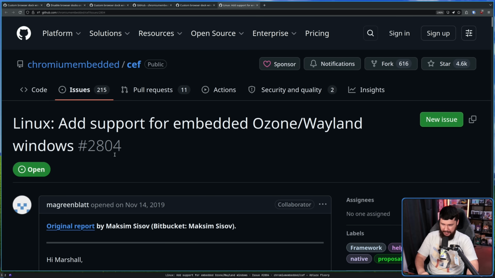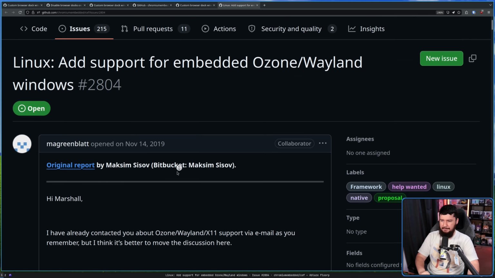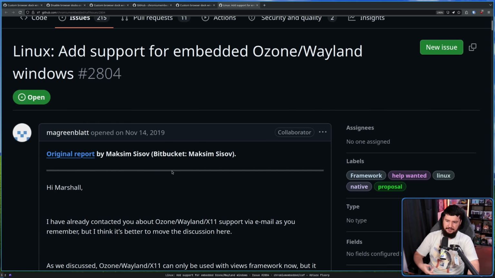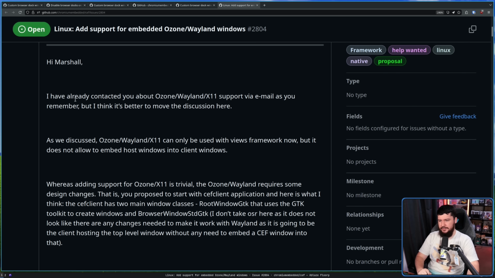Back a few years before this issue was opened, there was an issue opened over on the CEF project. Linux add support for embedded Ozone/Wayland Windows. This was opened on the GitHub back in 2019, but this is something that was originally opened back on their Bitbucket. "I have already contacted you about Ozone/Wayland/X11 support via email, as you remember, but I think it's better to move the discussion here. As we discussed,